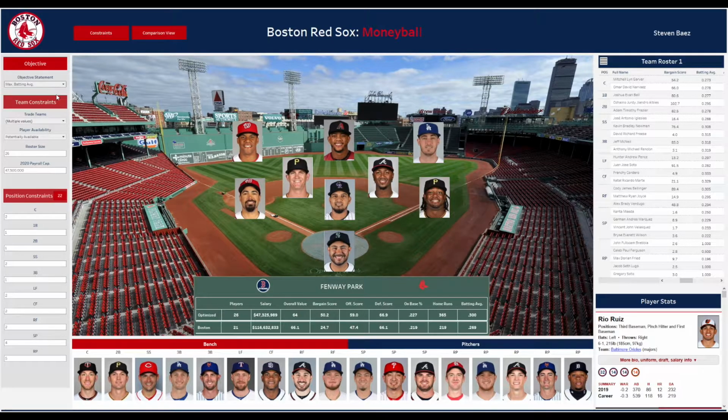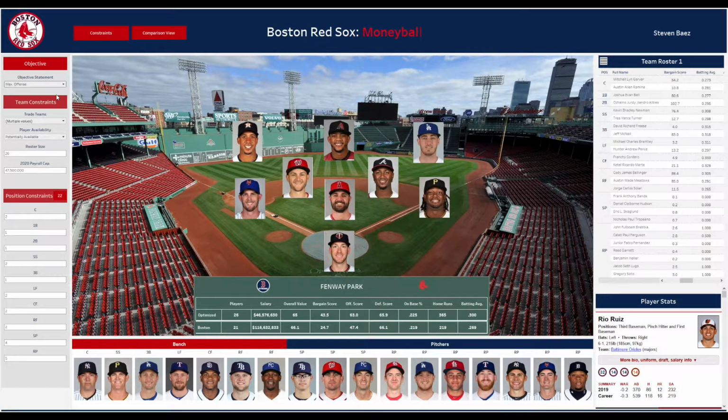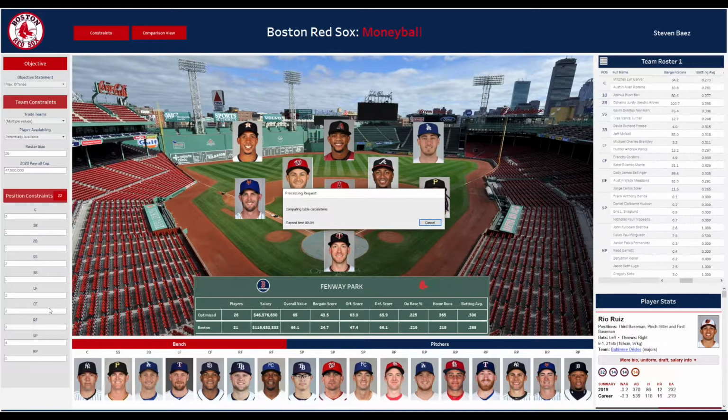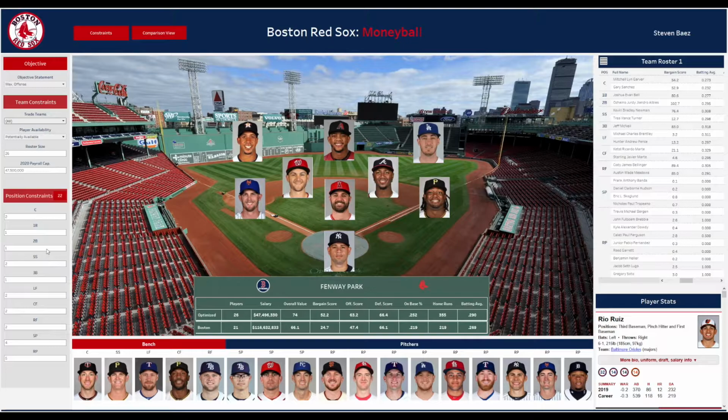We'll take a look at a specific example in which the Red Sox are looking to maximize their overall offense. So from the objective statement, we'll select Maximize Offense, and we'll enable trading within all teams. And we can see in the center under the Fenway scoreboard, we have two teams, one that's optimized and one that's Boston. The optimized is showing us the results from our constraints that we're feeding through to the optimization model,